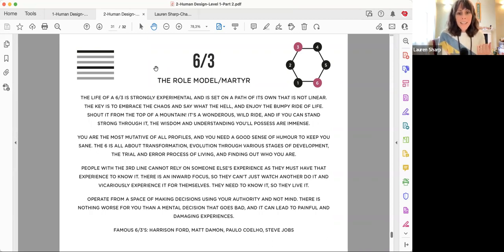So it's that they have an inward focus, but they can't just watch another person do it, and they can't just wait. They need to know it. They need to live it. They need to do it. So if you have a 6-3 child, let them take apart the toaster, buy another toaster, give them a screwdriver set. They've got to see how it works. You've got to allow that curiosity in that child. It's like, I've got to take it apart. I've got to look at it. It's exactly that. And because of it, it's a bit of a bumpy ride in that process for them